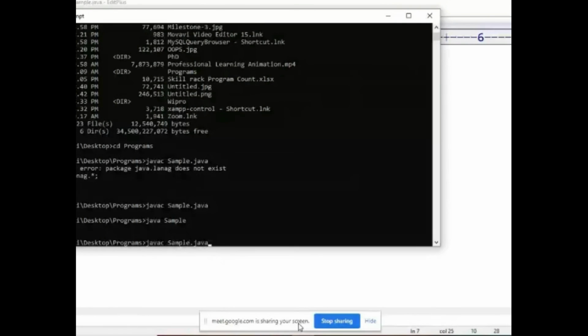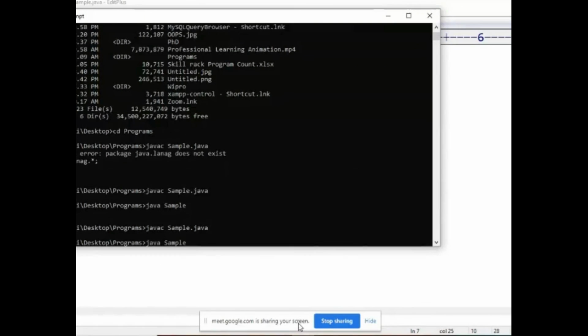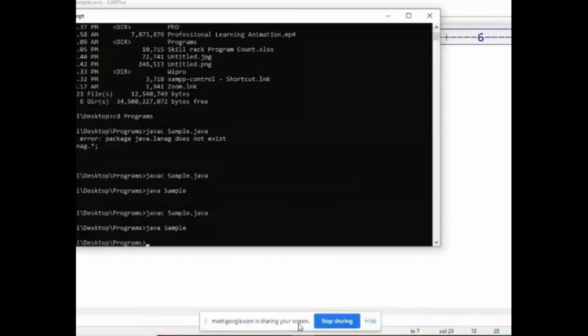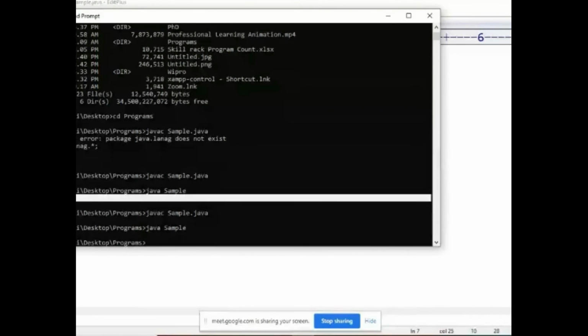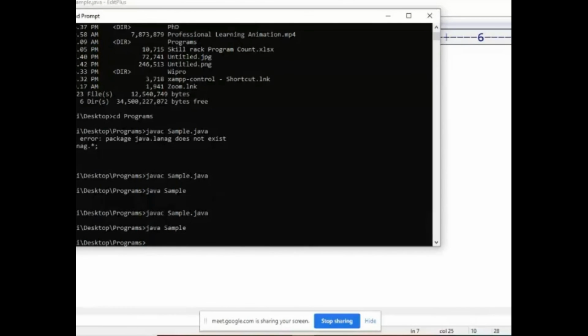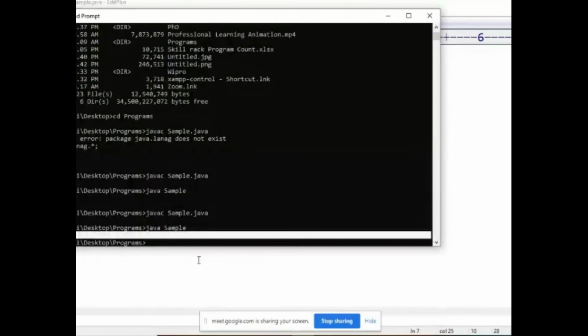So first I will compile again. Whenever you make any changes, you have to compile and then run it. Now you see here, after Hello World you had one line space, but here there is no space. So println